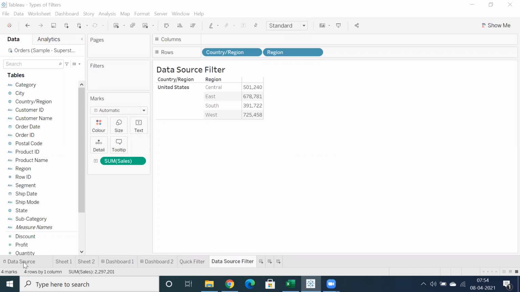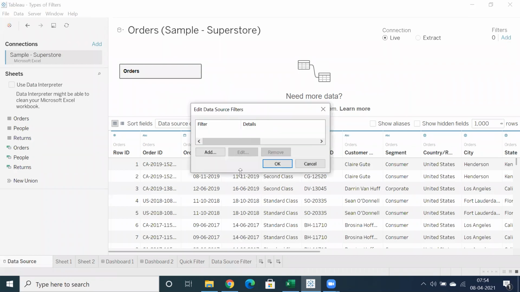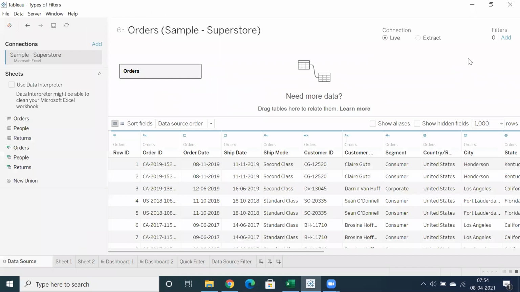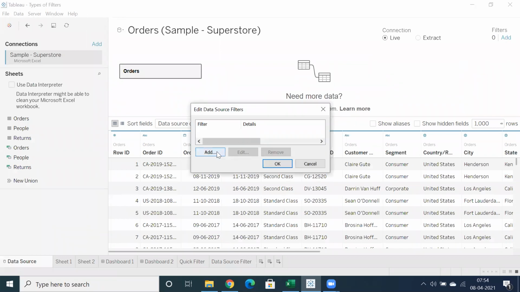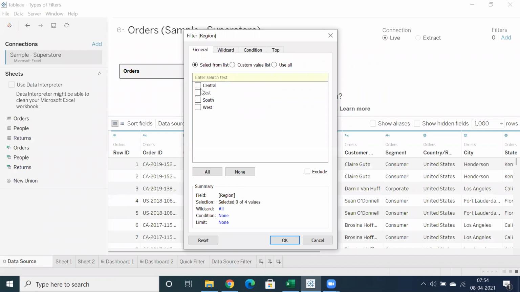to restrict the data at the data source level. At the data source level, click on add, and what is the filter we need to select? Region, click OK, and region equal to Central and South.